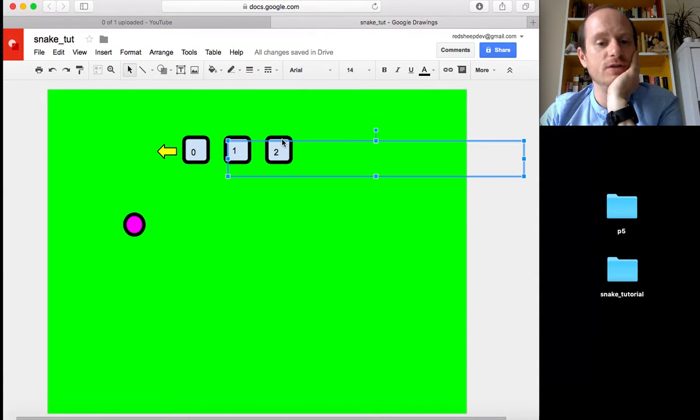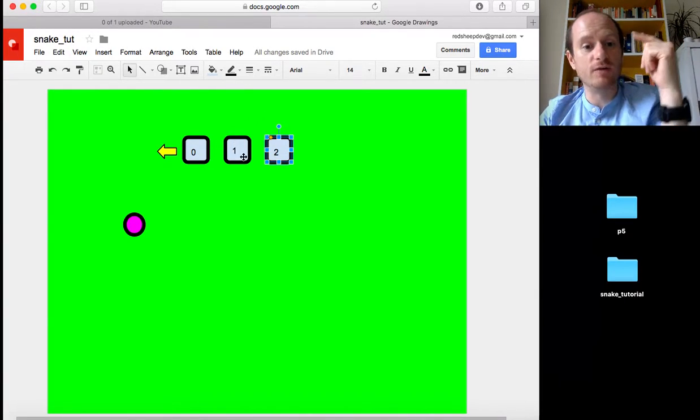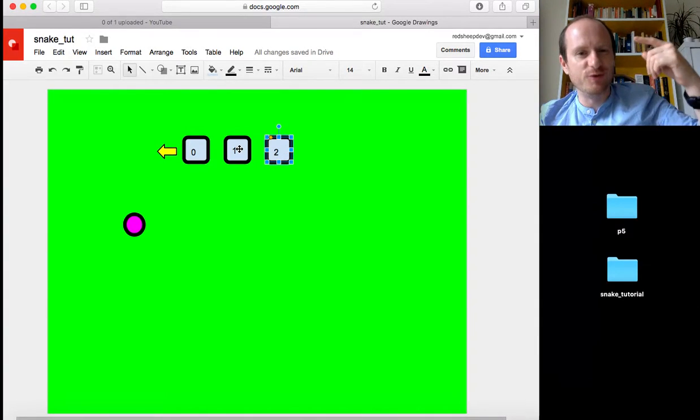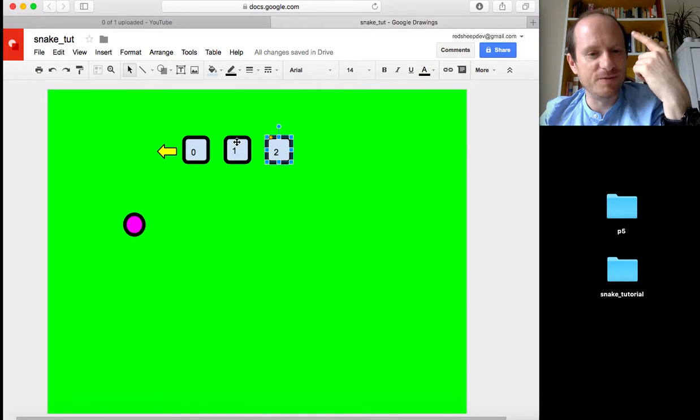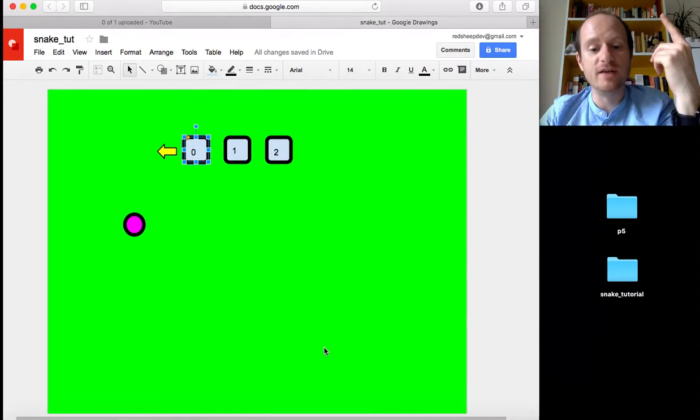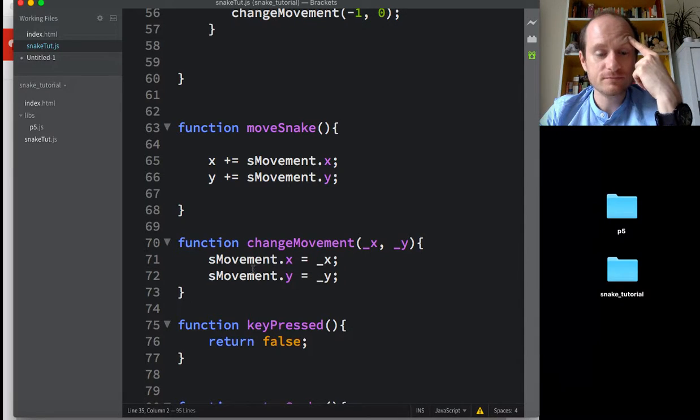Okay, we want to grab u, and then we want to say u move to the segment before u, move to its position. And then when we loop round, we want to say this segment now. So we want to go backwards this time in our for loop. We want to go backwards. And then the head, once we get to 0, once i equals 0, we want to simply move you in the ordinary way. So when i equals 0, we want to say the x position simply moves